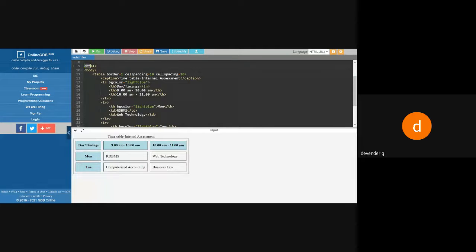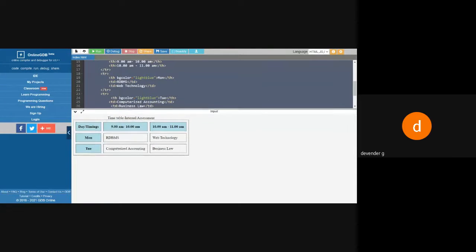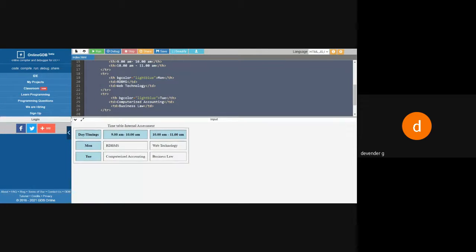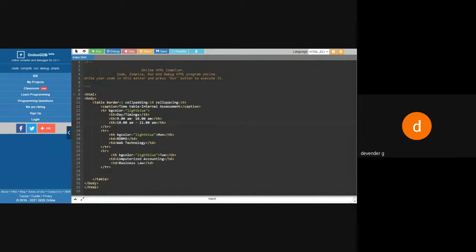Any doubt regarding this? So this is about your table. Any doubt, you can clarify so that I can move to the other topic. Up to this, is it clear? Is it okay? Any doubt? Yes, sir. No, sir.